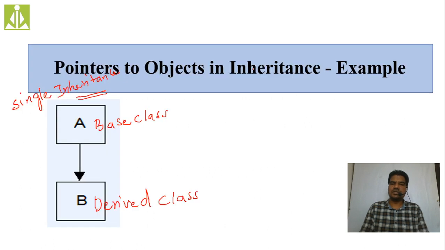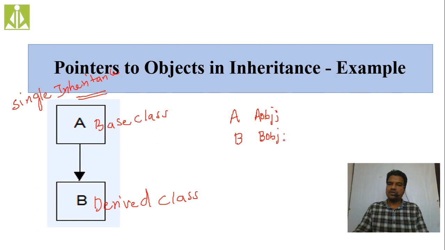So let us say our base class is A and our derived class is B. Now I am creating an object for the base class. How can I create it? Simply by following the class name. My class name is A, so I am taking the object name as AOBJ, just to have the difference. Then I have the class B, so I am writing BOBJ, just to have the difference.